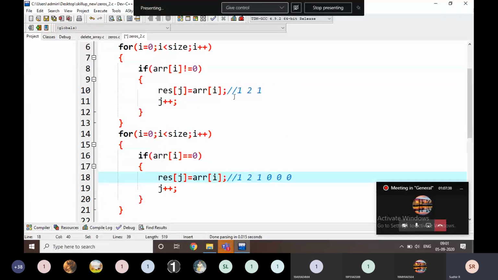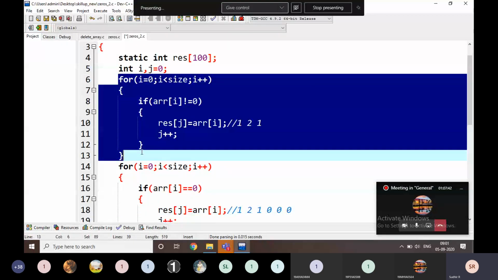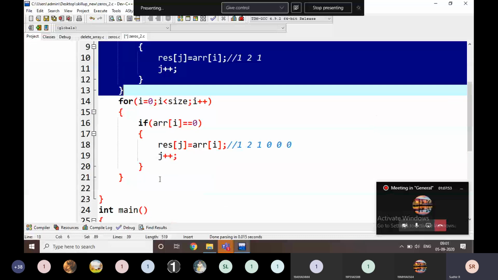First of all, from this loop I am going to check whether the value is 0. If the value is not 0, I am going to add the values. Then again, if the values are 0, then I am going to add them. Both are same, no doubt about that.